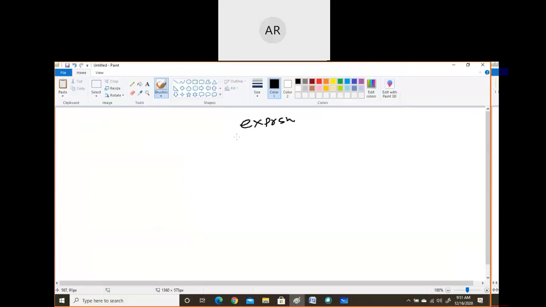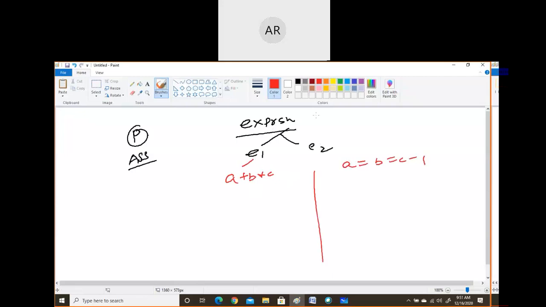This is the expression that is given. Basically, I will try to highlight some of the topics. This is the priority and associativity. Suppose an expression is given. This is the expression E1 and this is the expression E2. What is the expression E1? Let E1 be equal to A plus B star C, right? And E2 will be A is equal to B is equal to C is equal to 1, right? So how will E1 be executed and how will E2 be executed? This is the question for me, right?